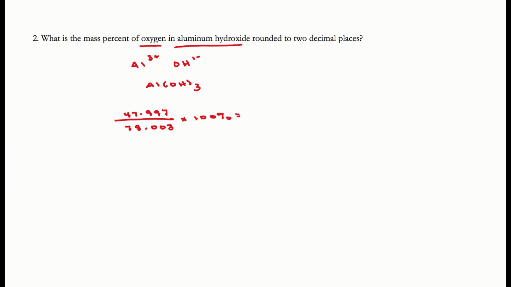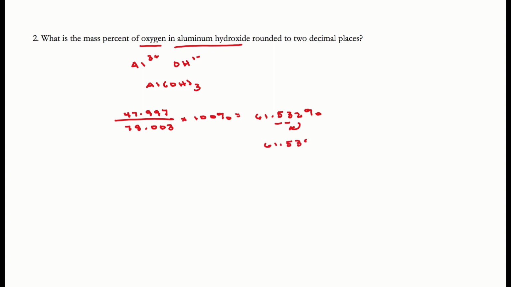I'm going to multiply this by 100%, okay, and I will get my answer. So I'm going to take 47.997, divide it by 78.003, then multiply by 100. It tells me to round to 2 decimal places, so unrounded it is this. So I want just 2 decimal places. So this will round to just